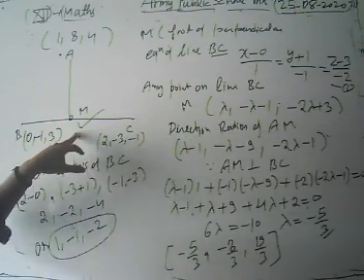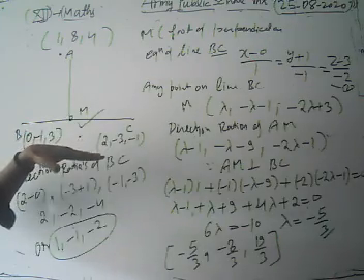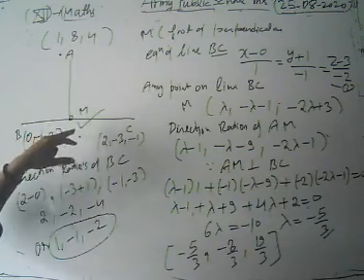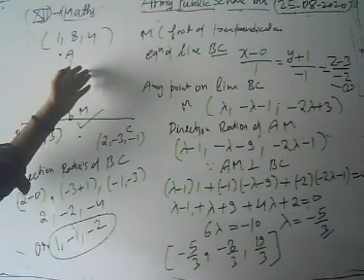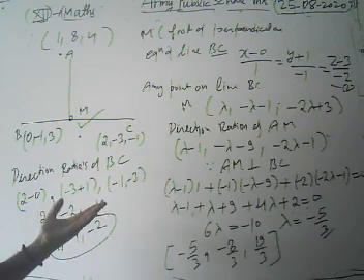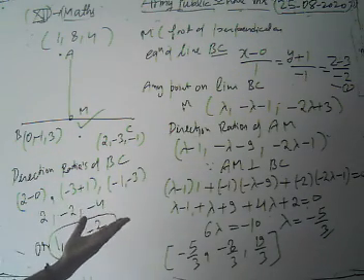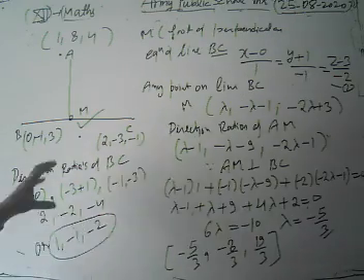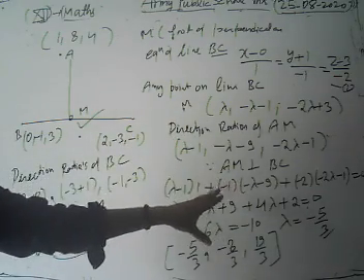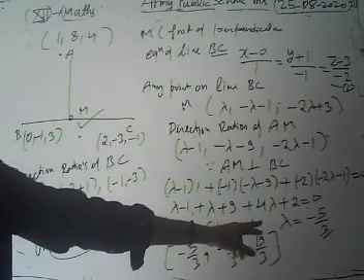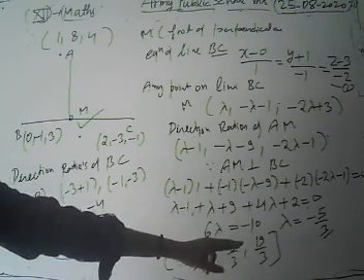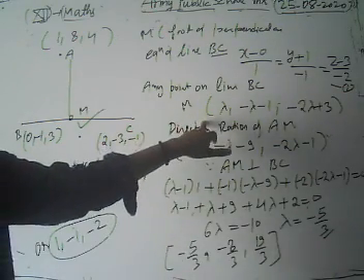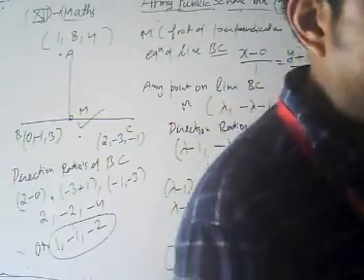Now our AM is perpendicular to BC. Then we are going to find the direction ratios of AM. Because AM is perpendicular to BC, if the direction ratios are A1, B1, C1 and of the other line A2, B2, C2, then what is the condition? The condition is that A1 into A2 plus B1 into B2 plus C1 into C2 must be equal to 0. Applying the condition of perpendicularity, we find the value of lambda, which is minus 5 by 3. On getting this value of lambda, we put it in and are able to find the foot of the perpendicular.